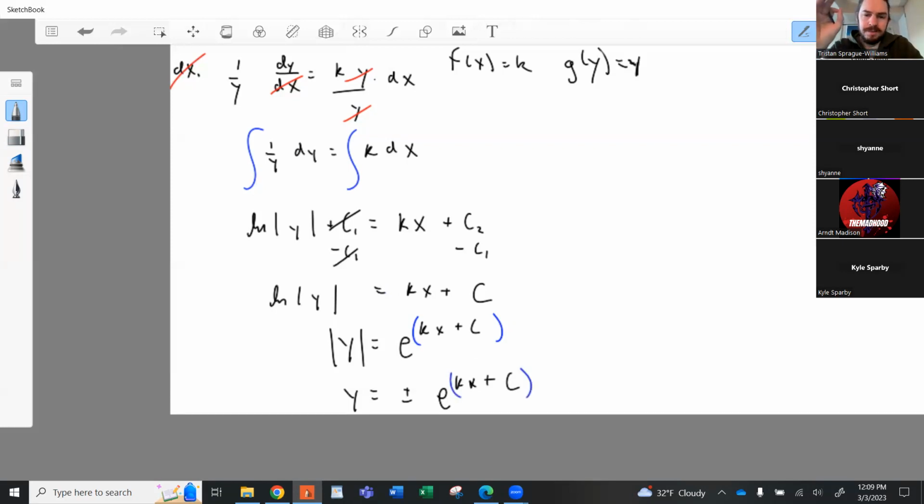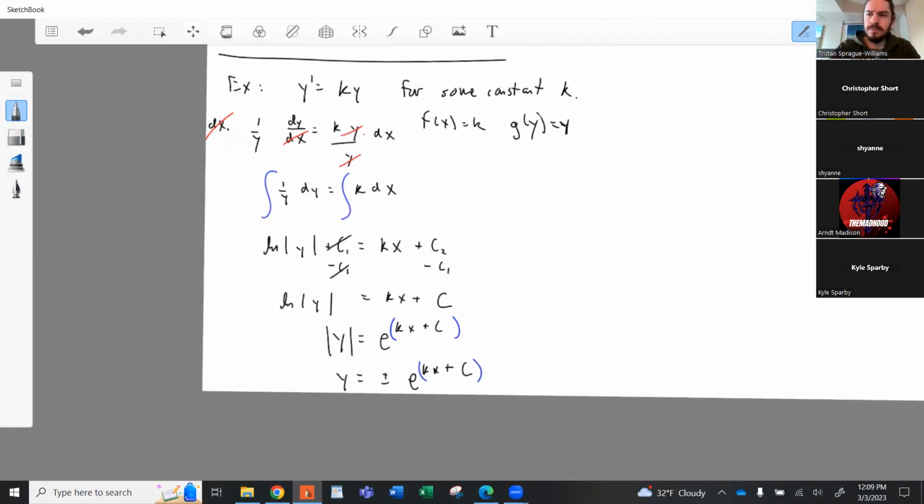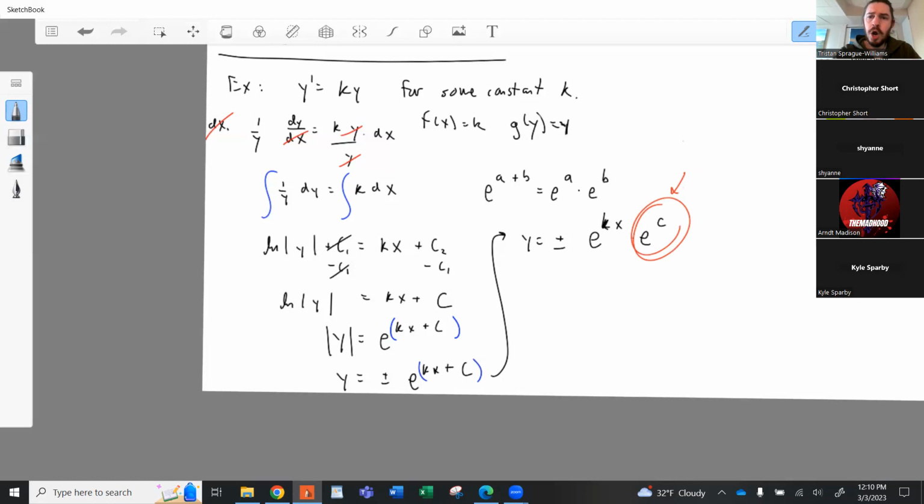So with the plus c in the exponent, how can we interpret that? Well, when you add a constant to an exponent, you remember how you can split that up. Do you remember this property that e to the a plus b is e to the a times e to the b? Yeah, I can break this apart. So I can have y equals plus or minus e to the power kx times e to the c. And this e to the c,